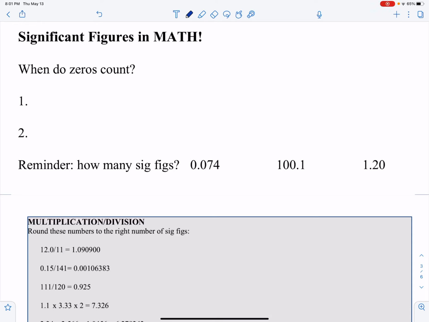So now we're in the section where we're going to be doing multiplication and division. This is the point at which you start counting sig figs. If you remember the addition and subtraction section, we weren't counting sig figs. We were just drawing a little vertical line, and that's how we knew where to round. So you will be doing more multiplication and division in chemistry than addition and subtraction, but you'll be doing some of both. So you do need to be able to count, and you need to get your sig figs correct with multiplication and division.